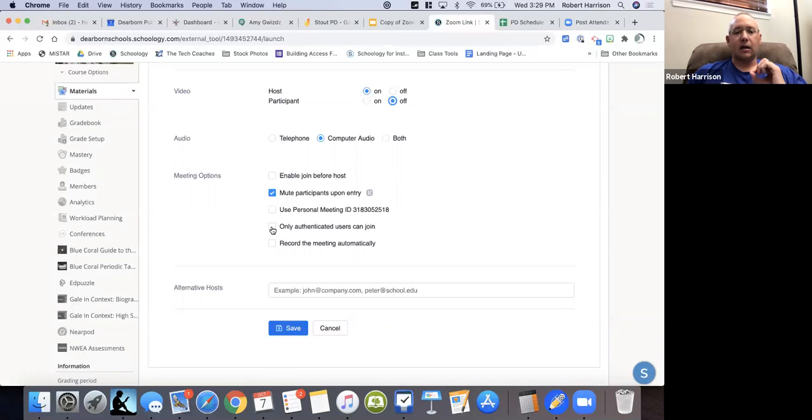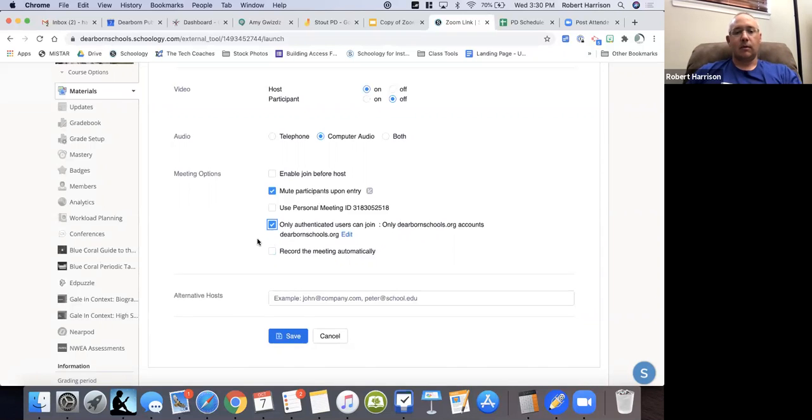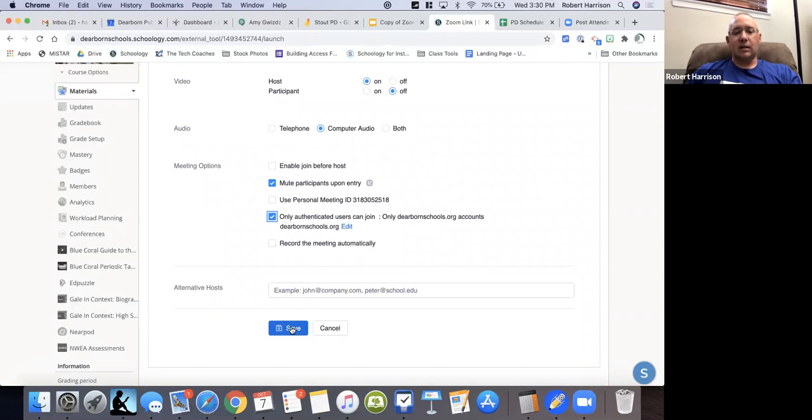The other one I highly recommend that you check is the one that says only authenticated users can join. All right, that's really important because if you don't check that box, it is possible for someone who's not part of our district, who has nothing to do with our school district and the education of kids, to be able to get into our Zoom rooms, and we don't want that, okay? It's like leaving the doors to the school unlocked, okay? We want to check that box, and we want students to sign in with their Dearborn Schools accounts, all right? And then we come down here and we hit save,